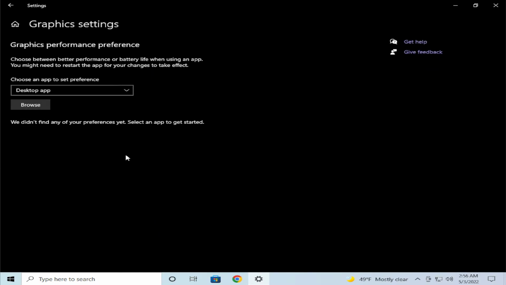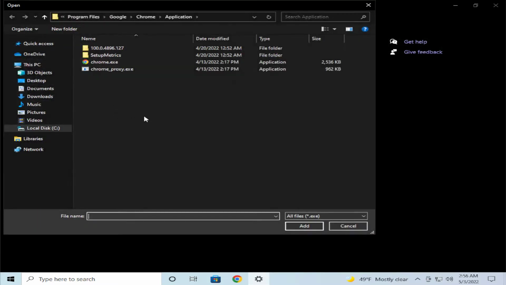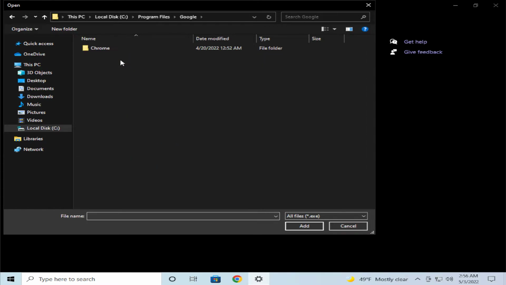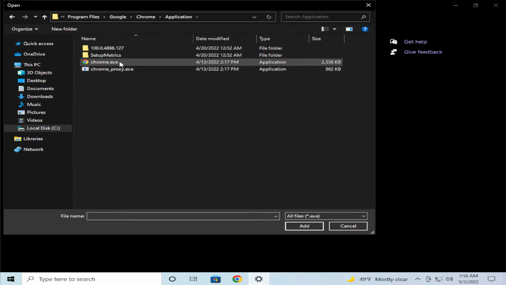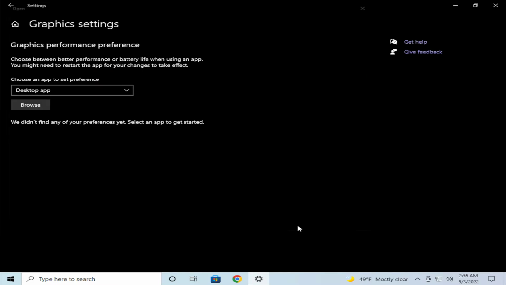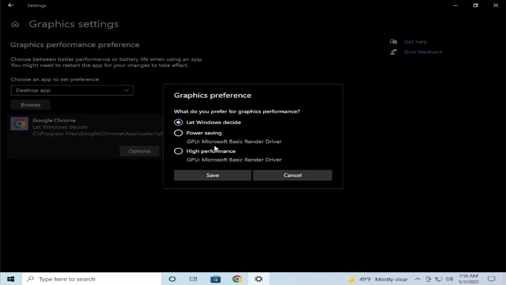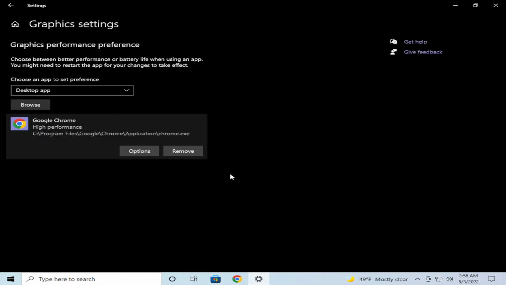With one click you can choose any application from the store or from the desktop. For example, I select desktop app and click on browse, and you can navigate in the program files, for example to the Google Chrome application, and select the setup. Click on options, select high performance, for example, and click on save,